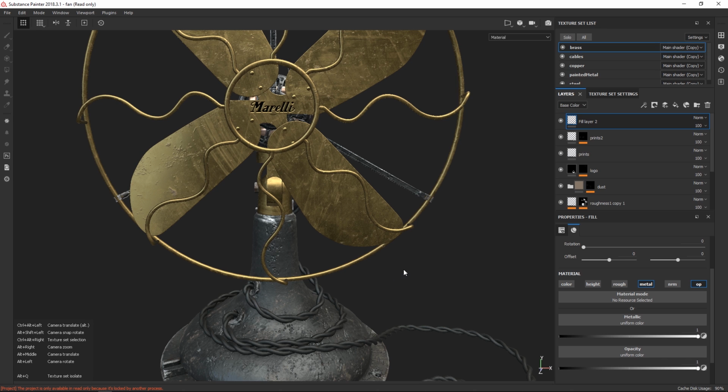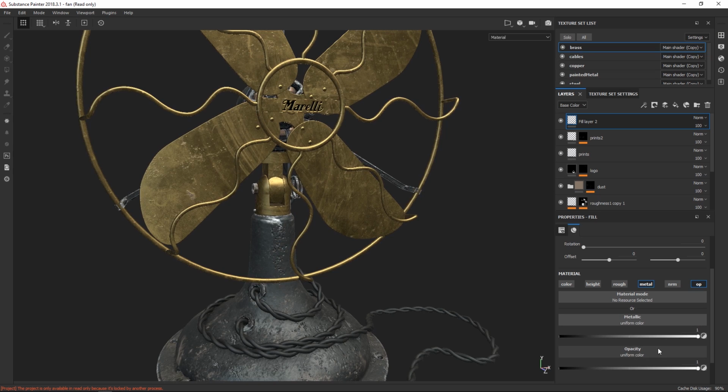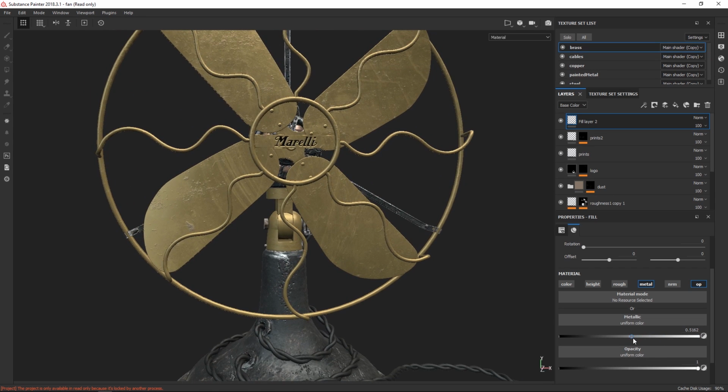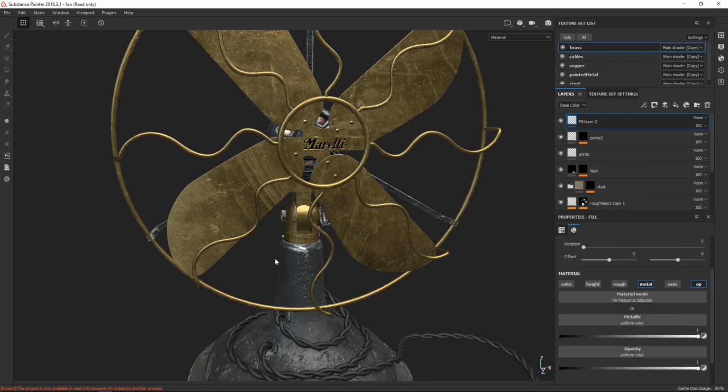And here you can see, if you take the metallic slider down to like 50%, it kind of looks like, oh, there's some dirt on top or something. But then you would actually just make this 100% metal, and then have a mask with dirt on top. Exactly. So this is purely a mask.